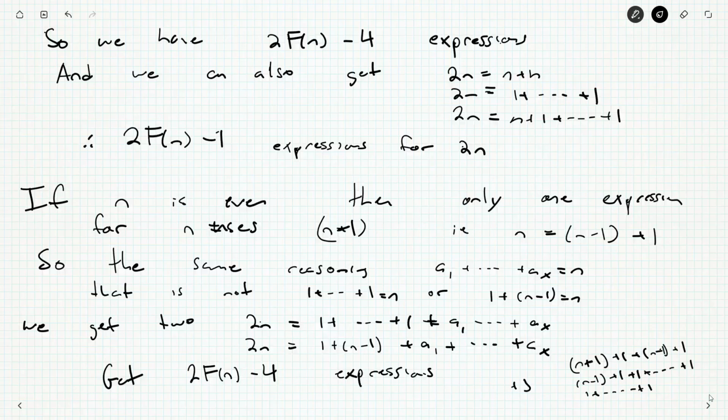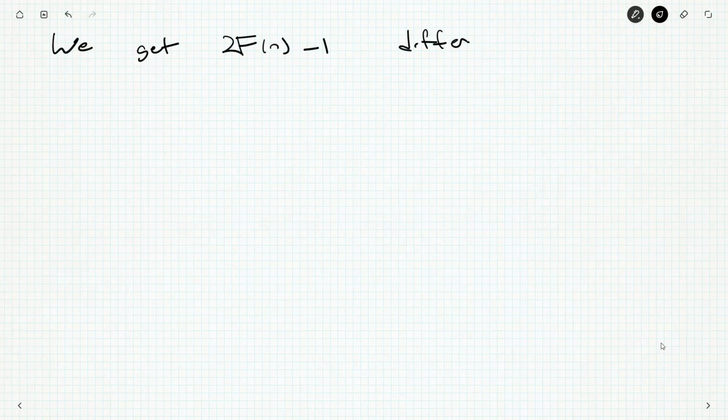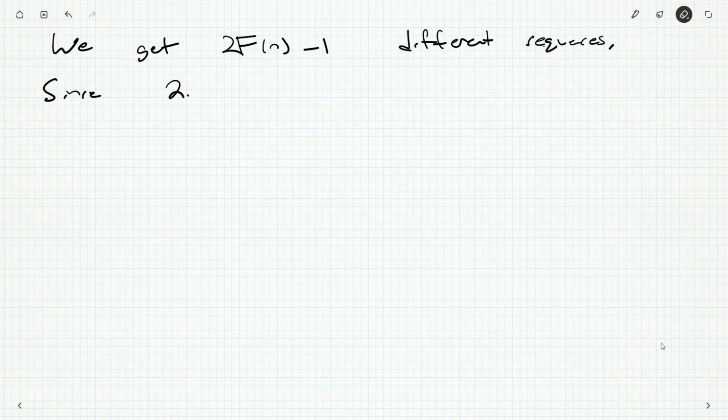So, no matter the parity of fn, or no matter whether or not n is even or odd, we get 2 fn minus 1 different sequences. Hooray! And finally, since n is greater than 3,